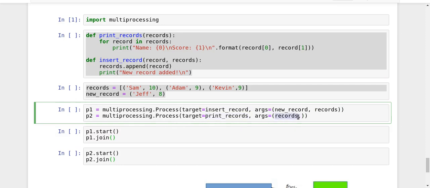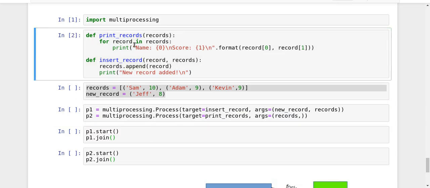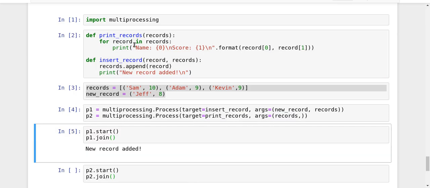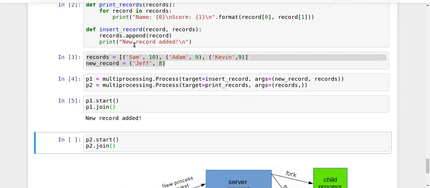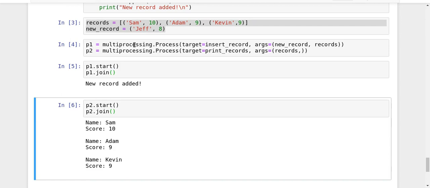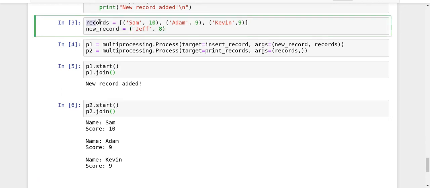Now a thing to understand here is, let me just run it. If I just start P1, it must have added the record, right? And then I say P2 dot start, P2 dot join, which means that it must have printed the record. So as we can see, the new record was not added to my records list,